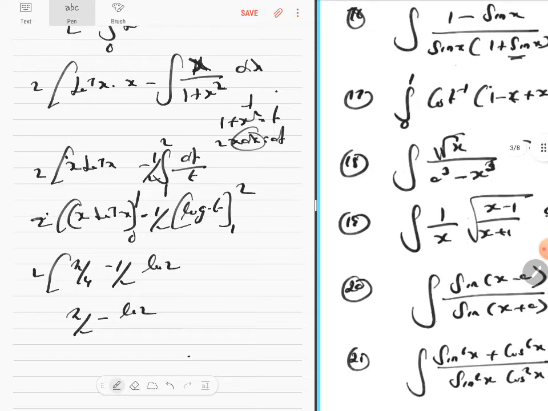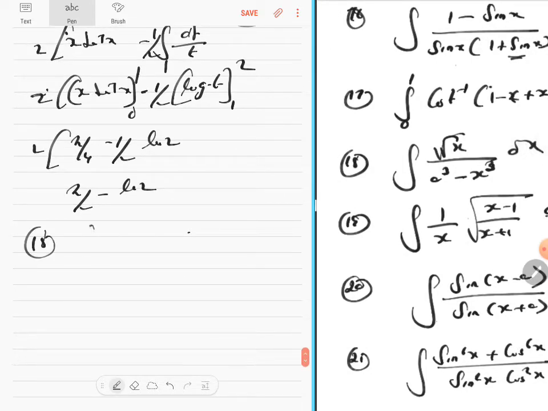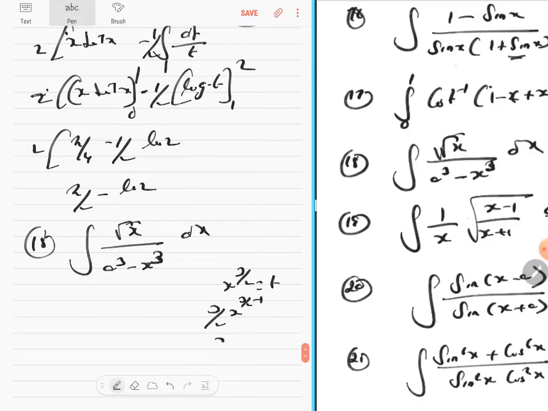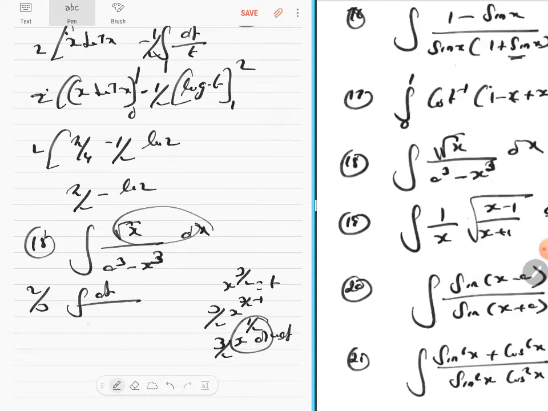So let's go to the 18th question. It is integration of root x by root of a cube minus x cube into dx. And as soon as I see a root x, I know x to the power 3 by 2 is t. 3 by 2 into x to the power 3 by 2 minus 1, which is 3 by 2 into x to the power 1 by 2 into dx will become dt. So that I'll get this to be 2 by 3 dt by,